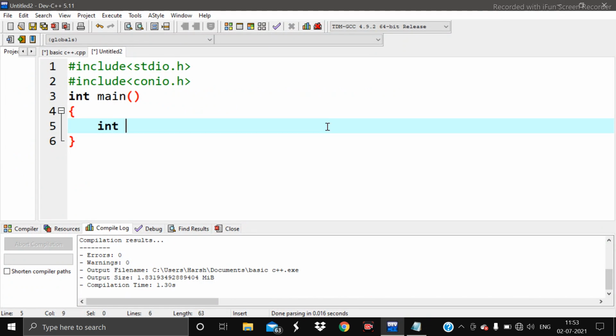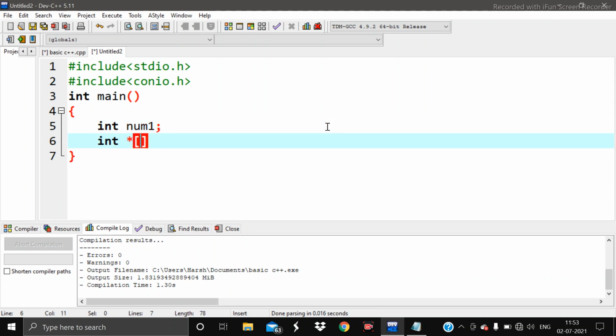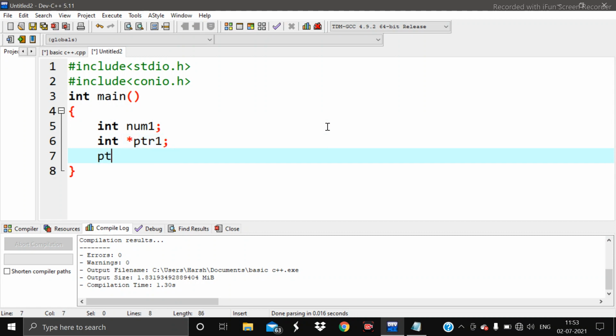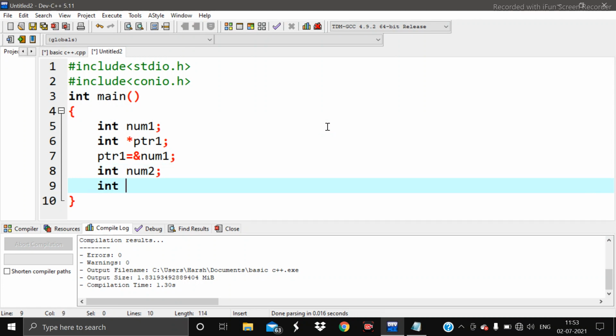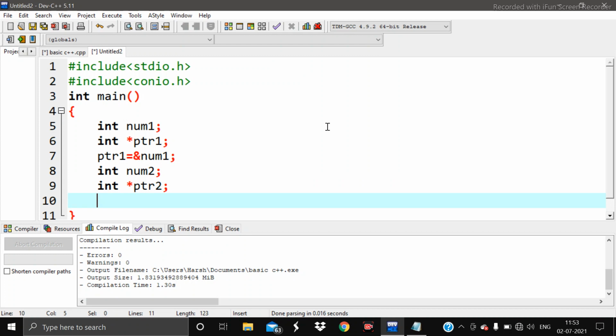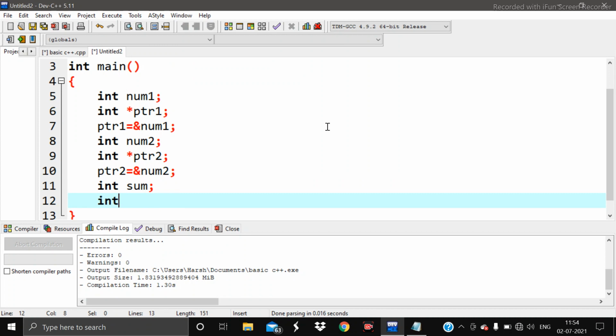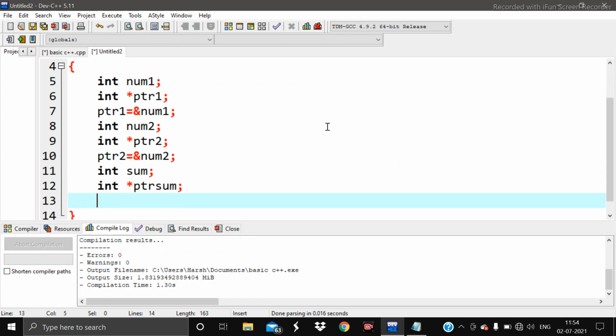We have to declare first the numbers. Same as here: num1, and the pointer variable ptr1, and ptr1 is equal to &num1, int num2, int ptr2, and ptr2 is equal to &num2, int sum, int ptr sum, and ptr sum is equal to &sum.